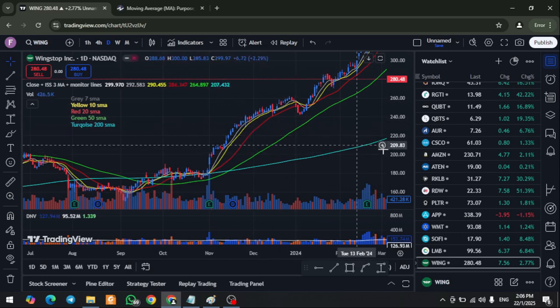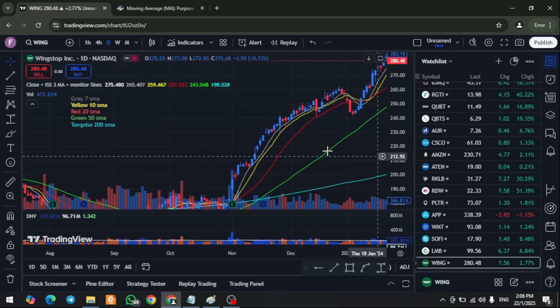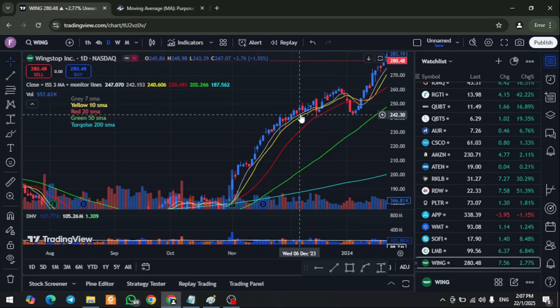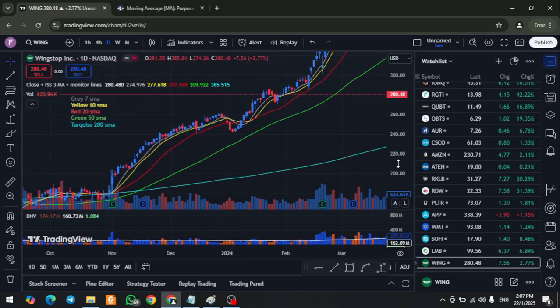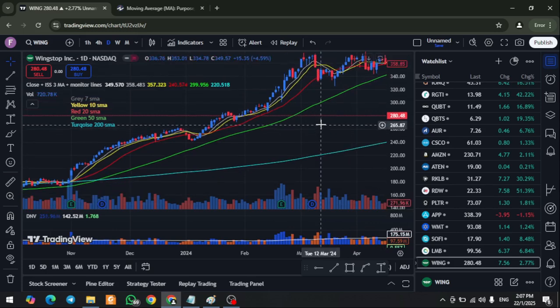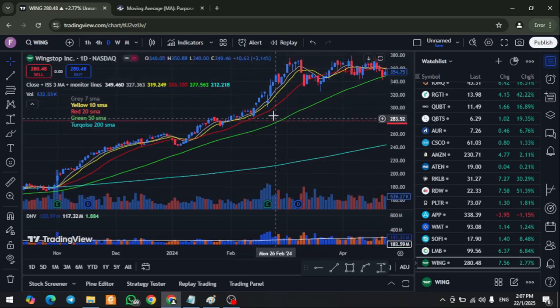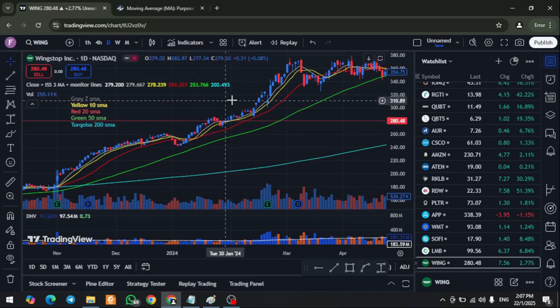Here it always moved along the 7 days moving average. Okay, all right, this one bounced back on the 20, so it is a very good indicator